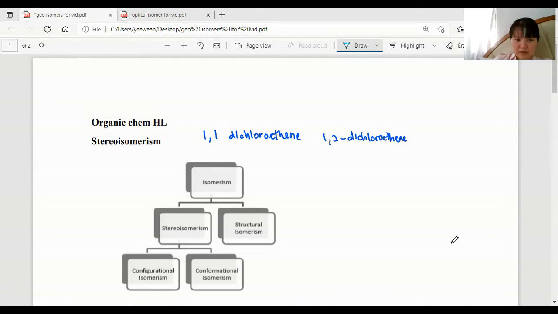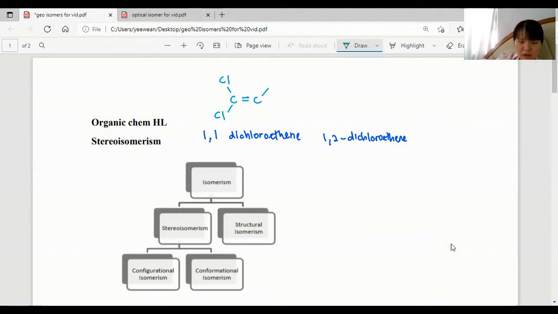This video is on stereoisomerism, specifically cis trans or E-Z isomerism. Okay, let's rewind a little bit and go back to your IG level. In IG level, we've learned structural isomers. So if we have something like this,